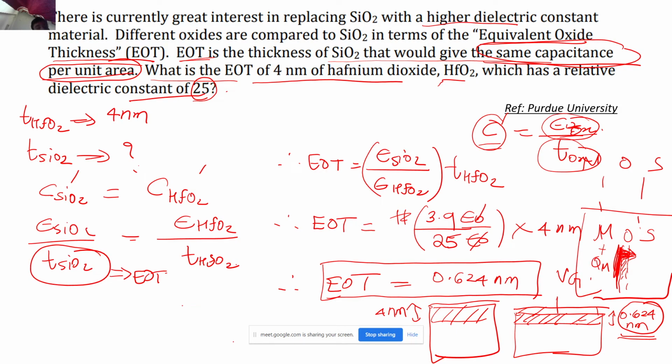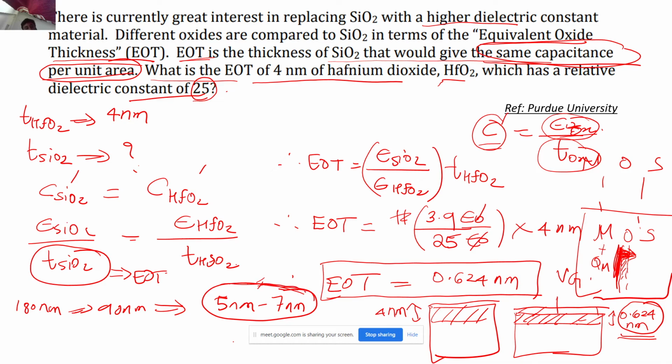So as I told you, the technologies, we have moved from 180 nanometer, then 90 nanometer, and currently, if you talk about the state of the art processors that are present in your mobile, it will be somewhere around 5 nanometer or 7 nanometer, correct? This is what the channel length of the MOSFET will be. This is just a rough number that I am telling you. When sir teaches you MOSFETs, you will be able to understand it much more clearly.